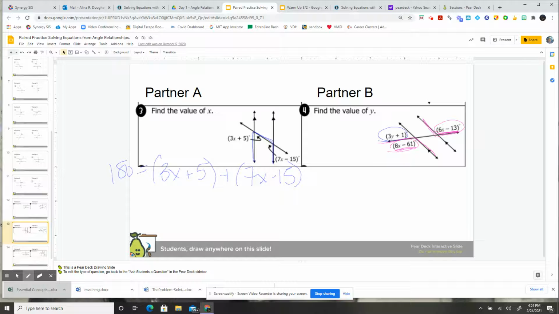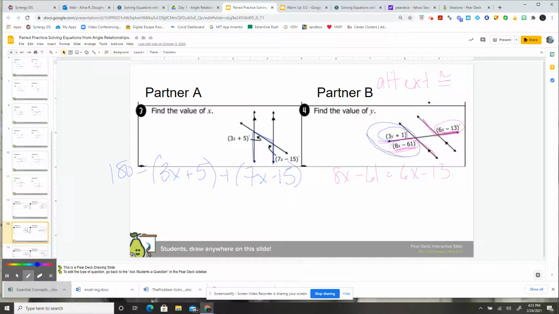Alternate exterior angles are congruent. So we're going to set those equal to each other: 8x minus 61 equals 6x minus 13. Once you get that answer,